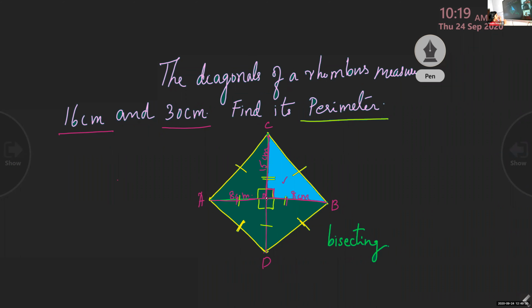Now what we have to find out? We have to find one side of the rhombus. What is the side of the rhombus? CB. See, you have to check this triangle. We can find only this one. So just take this one. Ma'am, it is 30 centimeter. How come it came? See this. This is a right triangle. CO and OB form the altitude and base. Now what is CB here?